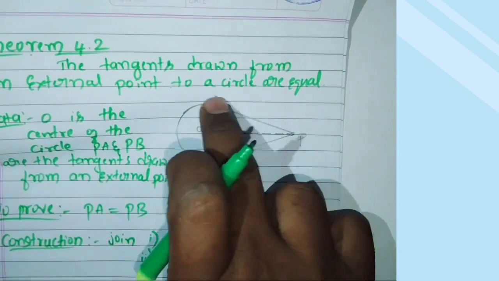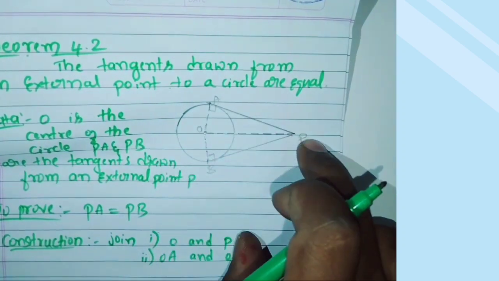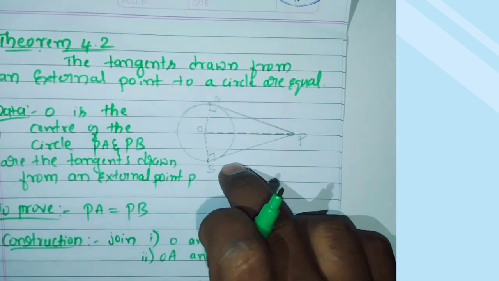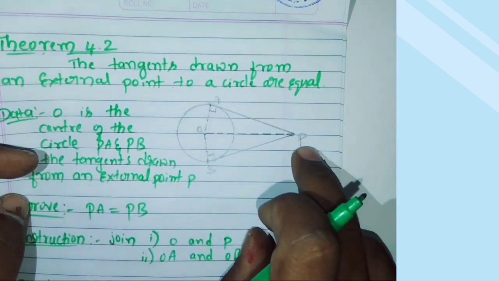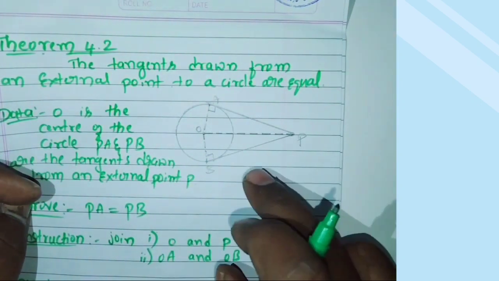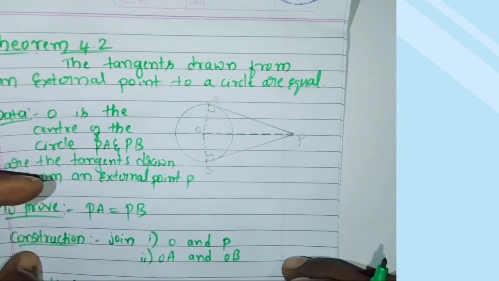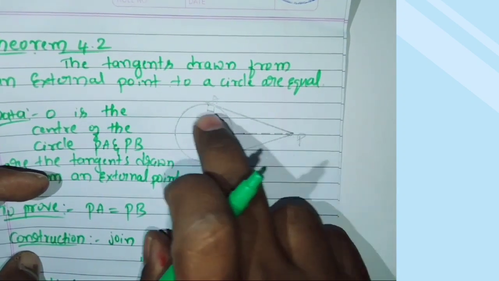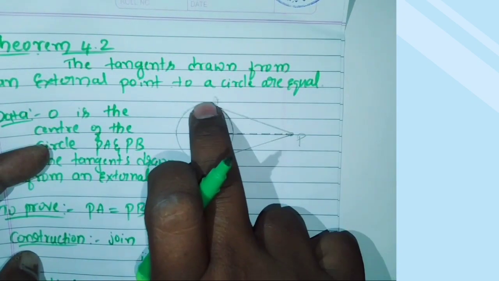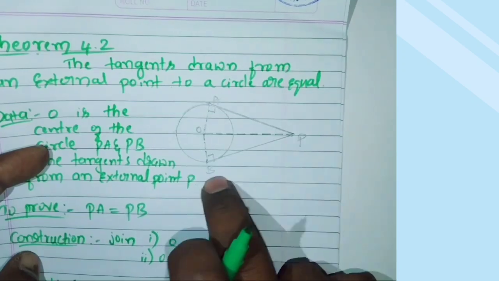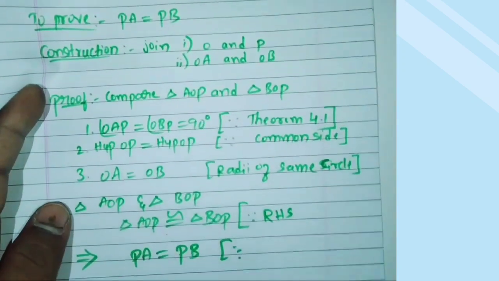If the two triangles are congruent, their corresponding sides will also be equal. The lengths of the tangents drawn from an external point to a circle are equal. According to this RHS congruency, the corresponding parts of congruent triangles are equal. So AP and BP are the two corresponding sides, both equal according to